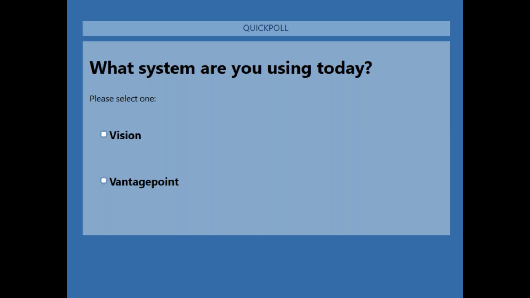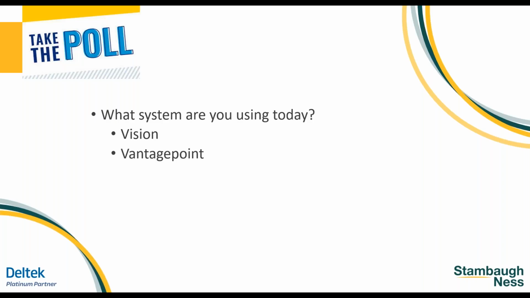So as we look at the answers coming in, it looks like, just for you to know, Seta, about 2/3 are Vision and about 1/3 are Vantagepoint. So that looks pretty interesting. I'm not surprised. I know if we ask this question next year, it might be flip-flopped. So Kaylee, you can go ahead and close that one out. We're around, again, 2/3 to 1/3.